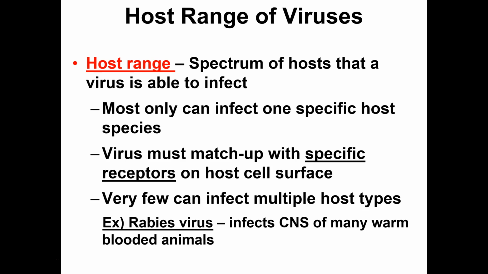Now, of course, there's got to be exceptions. There's got to be viruses that can infect a multitude of hosts. So, two somewhat obvious examples. Rabies. Right? The rabies virus. Think of how many little critters you are afraid of getting rabies from, right? Squirrels, raccoons, chipmunks, whatever. Okay? You can get rabies. That's because the rabies virus recognizes a protein that is in the central nervous system of all warm-blooded mammals. Okay, so something that we all share. Therefore, the virus can infect multiple animals.